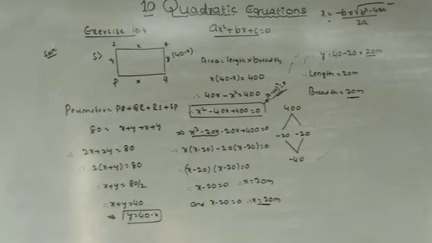Why? Because the value of b square minus 4ac is less than 0. We cannot find the answer. We cannot find their ages. So that's why the given condition, the following situation, is not possible. It is impossible to find the solution in terms of a real number. It has no real roots. So this is the conclusion.